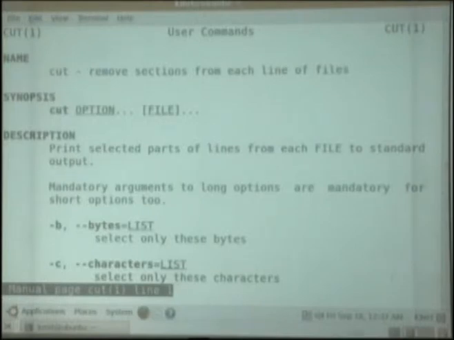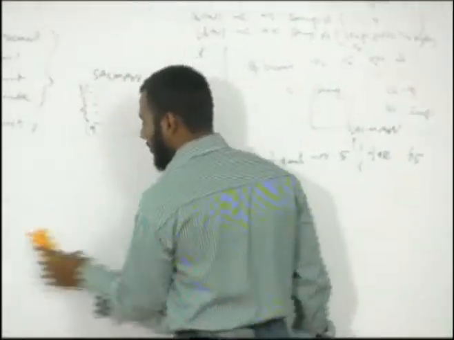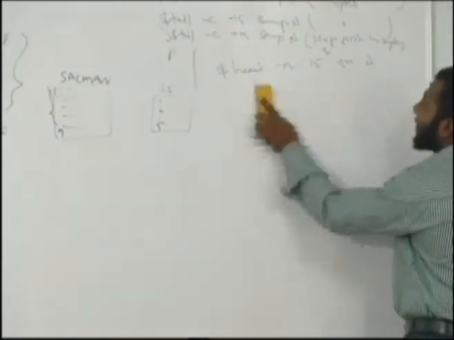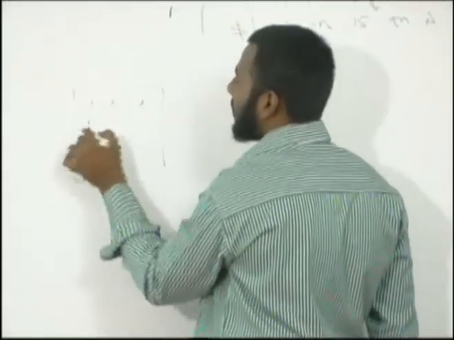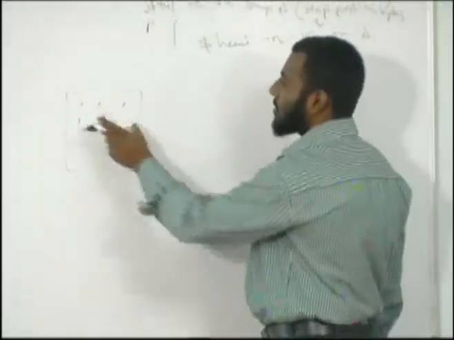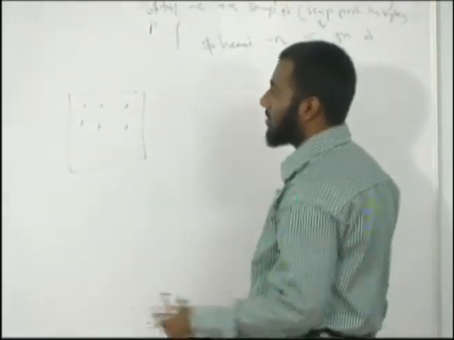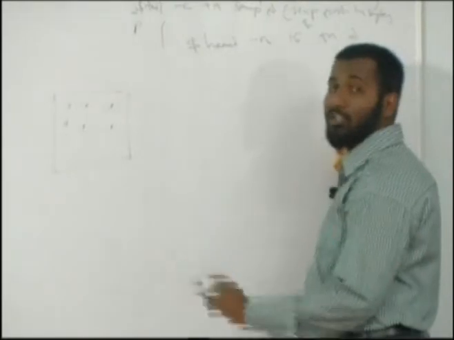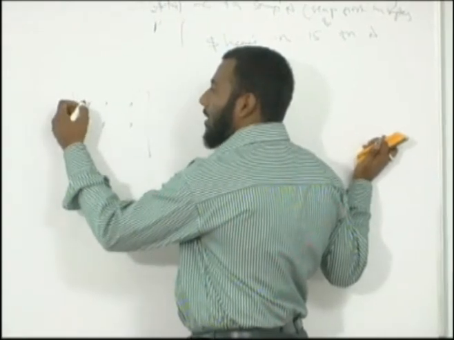Now generally this is also of very much use. This is one of the nice filters, of course, a simple filter. We have a file, and this file comprises many fields, and the file can have a fixed number of lines or a variable number of lines. We have different options for cut to apply on different types of files. Initially we'll assume we have a file with fixed length.